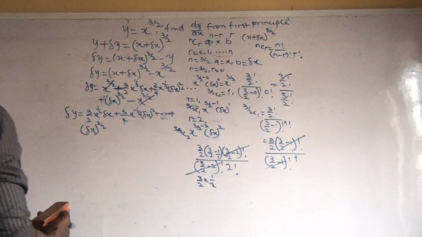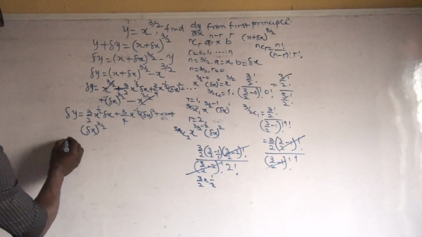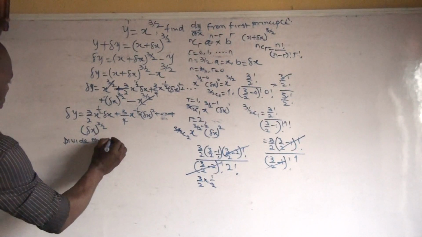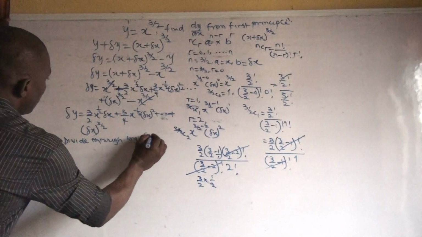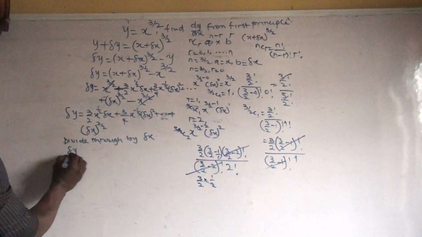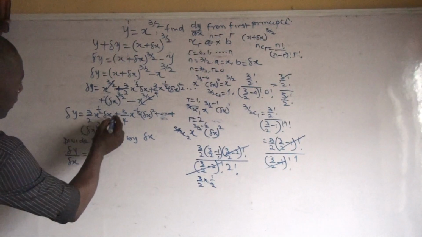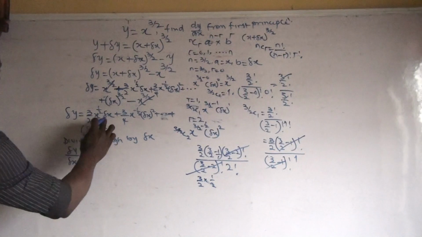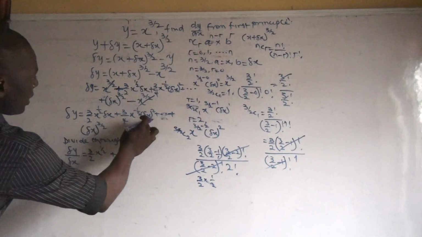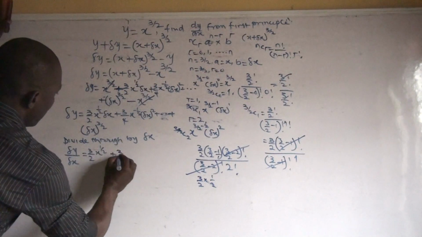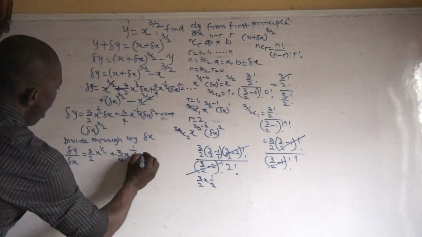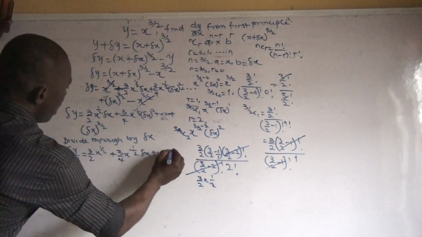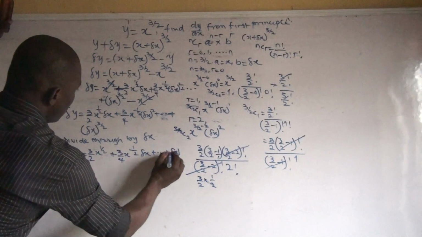Okay, and the process here is that we're going to divide through by delta x. This becomes delta y over delta x is equal to 3 over 2 x raised to power half, because there's one delta x here, this one will go off, and here there's delta x squared. What will be left is 3 over 4 x raised to power minus half delta x plus dot dot dot plus delta x raised to power 3